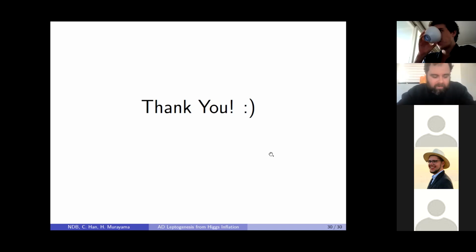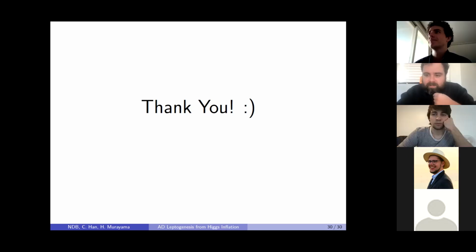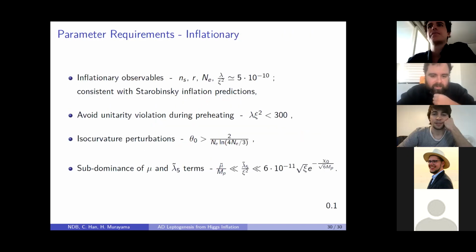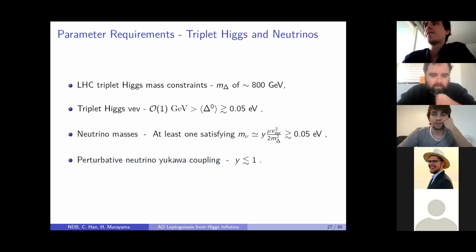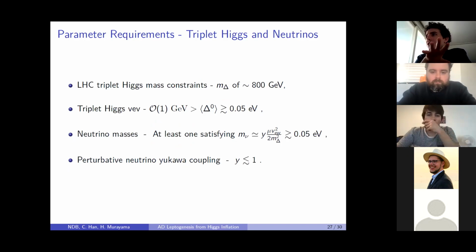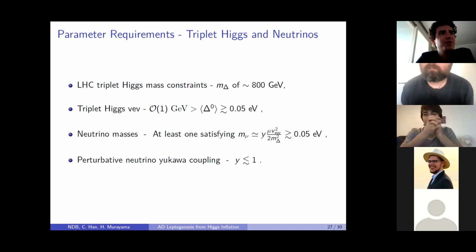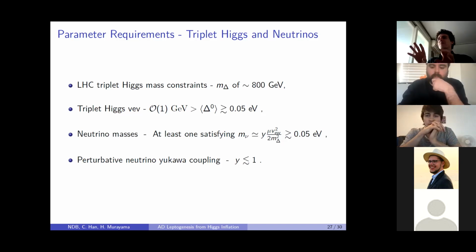So, I think the most immediate question for me is what are the future collider signatures? You have this constraint, I think it was on M delta of 800 GeV. Is that the sort of constraint that you're talking about? Yeah, so the current constraint, just from the current LHC data, is this 800 GeV constraint, and that mainly comes from searching for the doubly charged component of the triplet, and I think that's typically in the 4 photon channel. There's various different signatures.